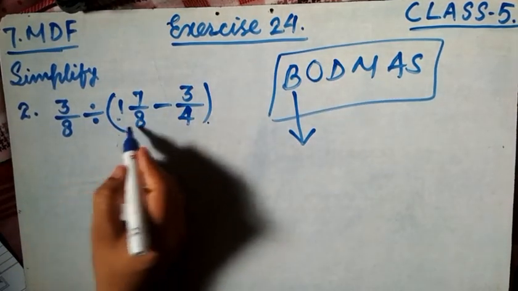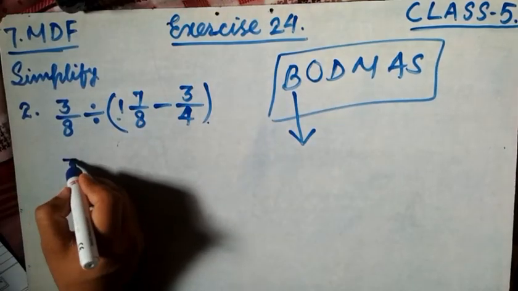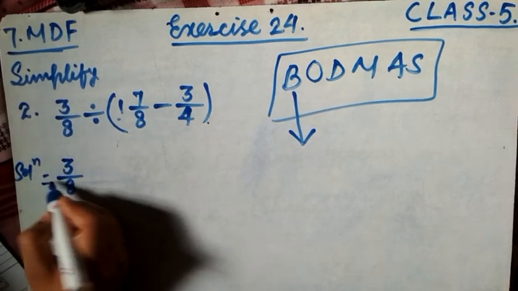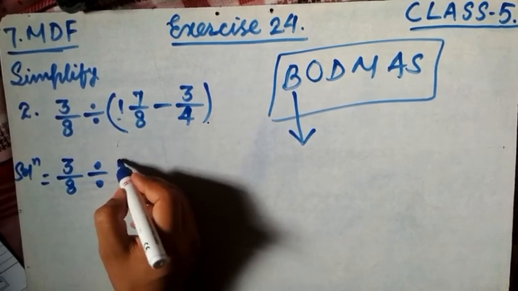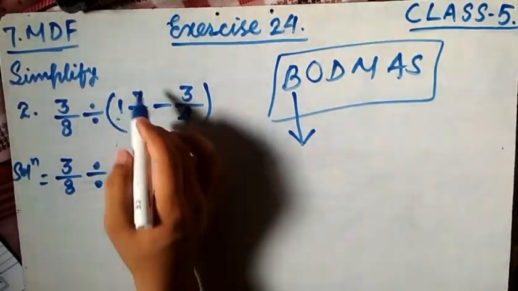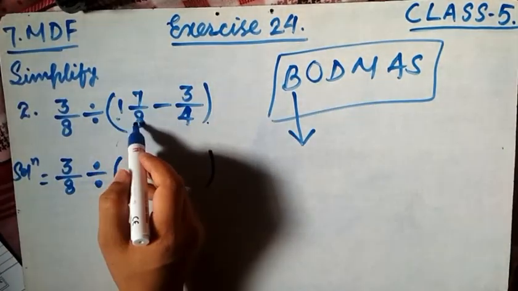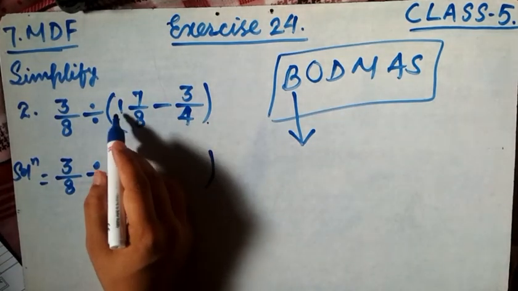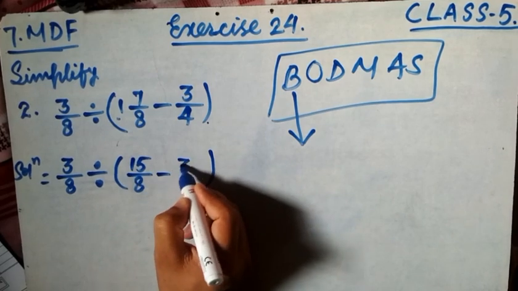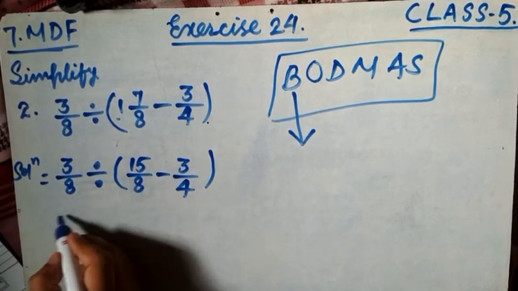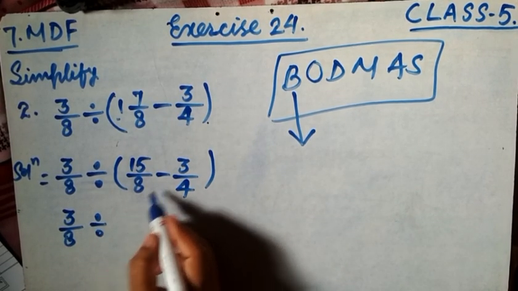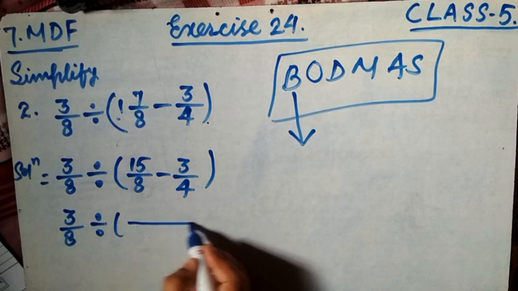Now in order to reach this bracket, first write the first term as it is. Here the solution, this is as it is. Now first solve inside the bracket. First of all we have to change this into an improper fraction. 8 1 8 plus 7 is 15 by 8. This is minus 3 by 4 as it is. Now take the LCM of this and this. Your LCM is 8.